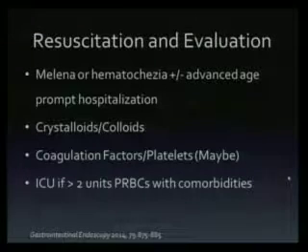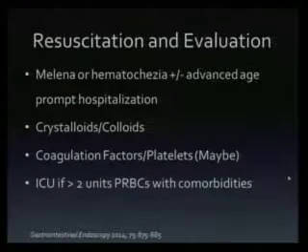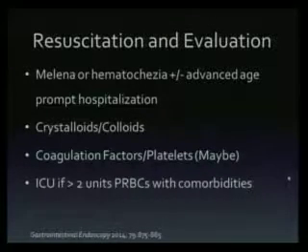So remember that if you have melena or hematochezia with advanced age, or they have factors that show that they're hypotensive or tachycardic or overall not doing well, that individual needs a prompt hospitalization. And the first thing you can give them is crystalloids or colloids. If that individual is receiving an anticoagulant drug or an antiplatelet drug, there is a consideration of coagulation factors or platelets should be given. ICU criteria for an individual for lower gastrointestinal bleed is somebody who has comorbidities and requires